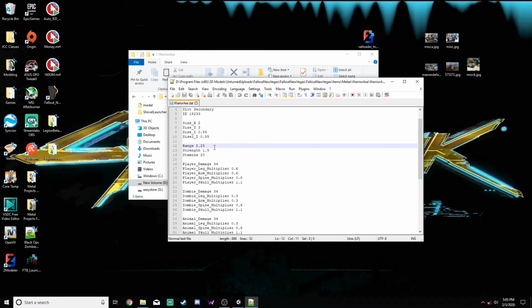This is range, so this is how far away your axe can hit people. We're going to up that to a solid 3. Strength, this is the amount of force that the weapon applies to things. So I'm going to put that at 2.5. Stamina, this is the stamina cost per